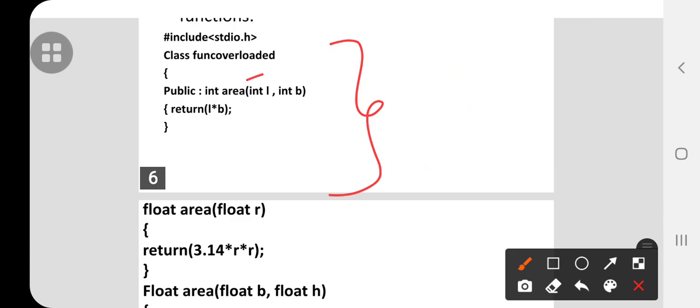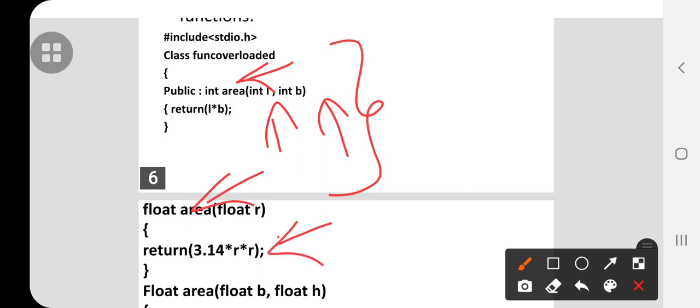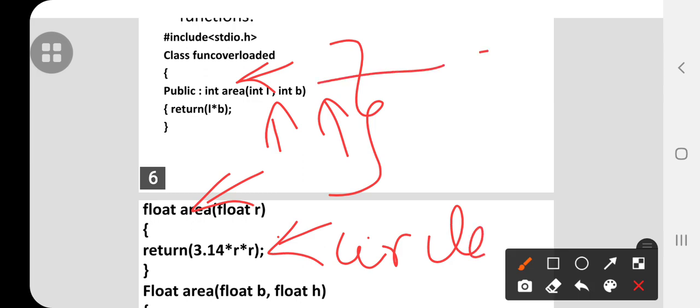Here you have a function, that is, integer area, integer L and integer B, and it is returning length into breadth. Next you have to include an area of float. It will be returning the formula for finding the area of a circle, and this is for the rectangle.